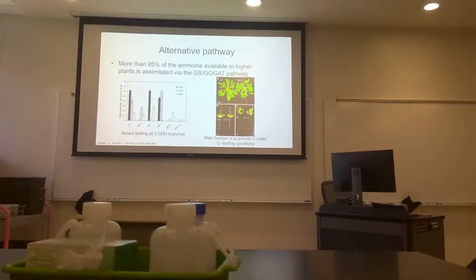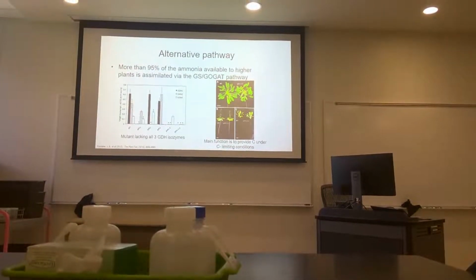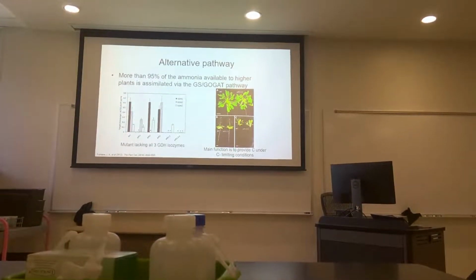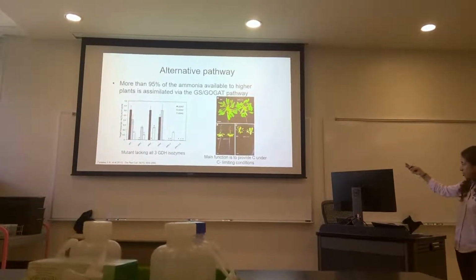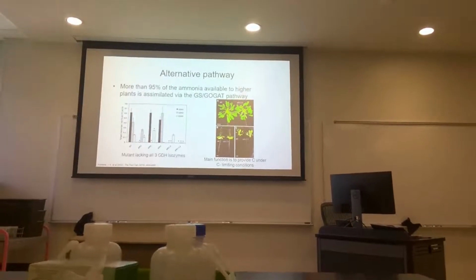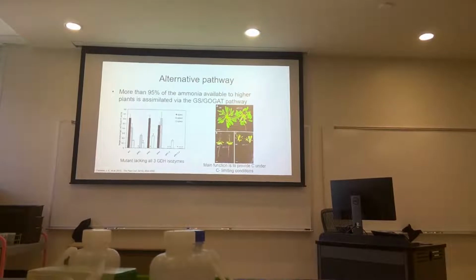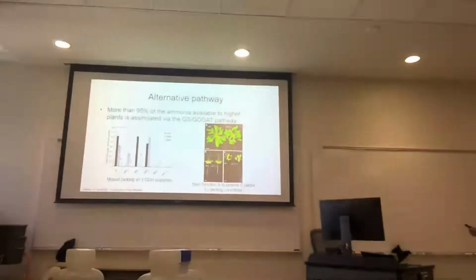But then, when they put it under carbon limiting conditions, basically they give low light and even lower amounts of CO2, then this plant cannot really thrive. You can't really see it here, but they measure it and there are really significant differences. So what they know is that this alternative pathway is not required for plants. They can live without it. And it's usually used when the plant is starving for carbon. So it's more a way in which